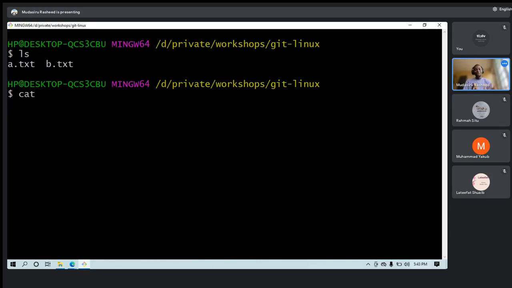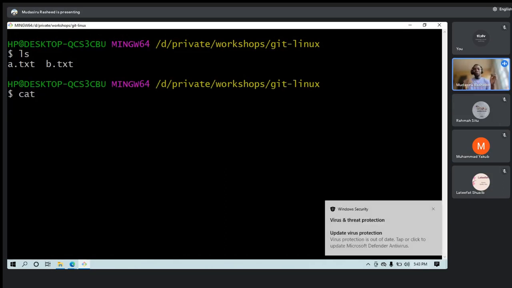You say cat is a command. I think the abbreviation of the full meaning of it is something like concatenation. But what it basically means is to read the content of a file. You know, to read the content of a folder is ls, but to read the content of a file is cat. We should try to get it that way.